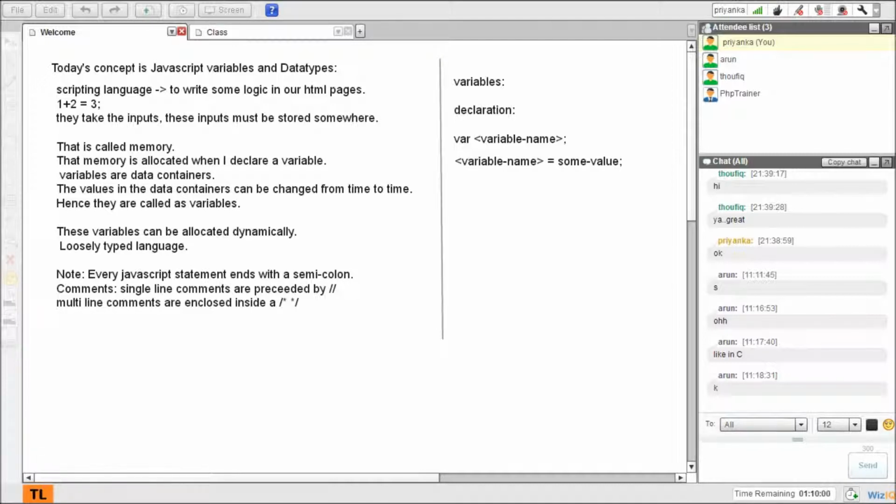But this is a bad practice, because when the browser encounters this statement, it has to look for the space and then do some assignments over there, like assign this value to this variable. But yeah, this still works.